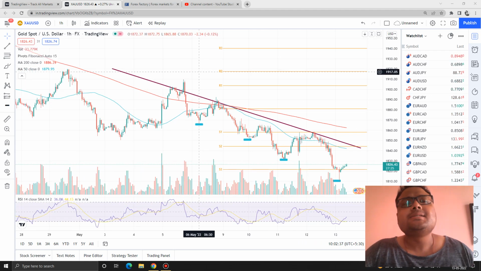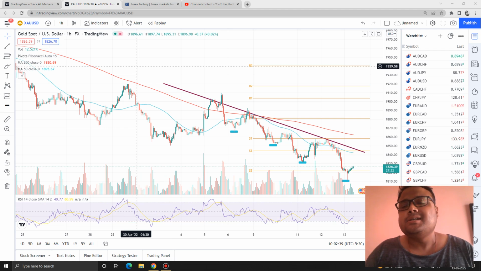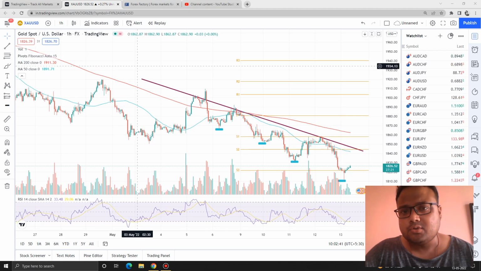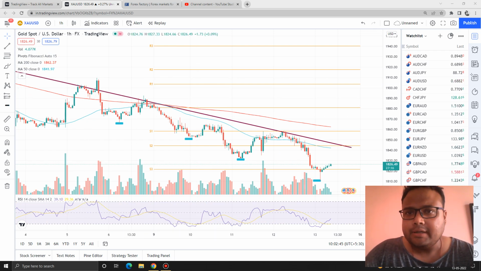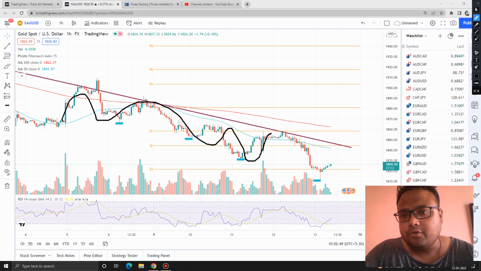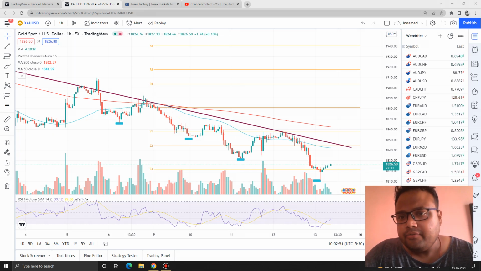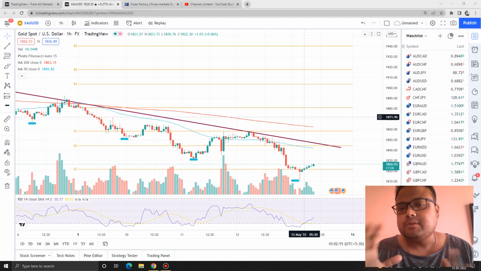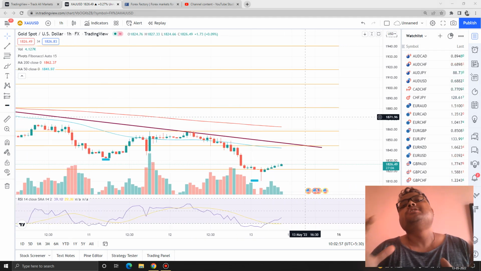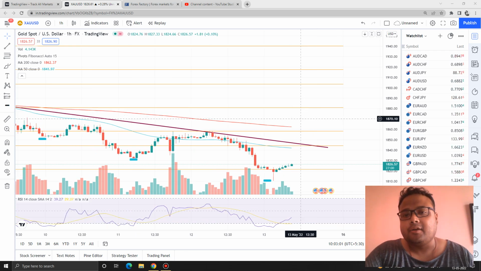Because one thing is certain, that market is under the dominance of sellers. Okay, there is no doubt about it. And if we look at the trend of the market here, then yes, we can very much see that the market is in downtrend right now. And if we try to understand the body language of the chart also, then it speaks the same language, that yes, sellers are dominating the market right now.